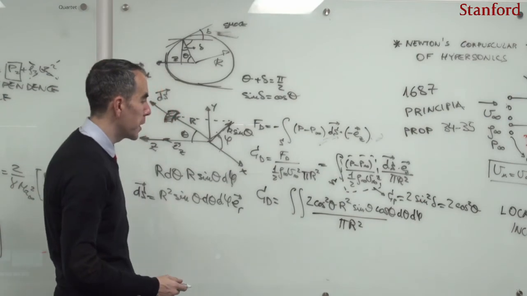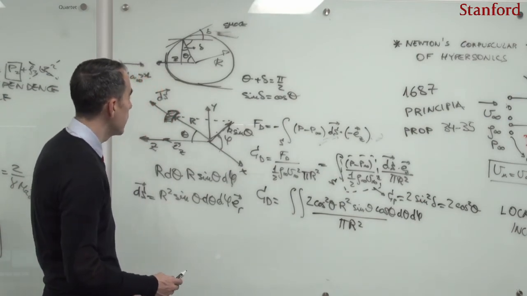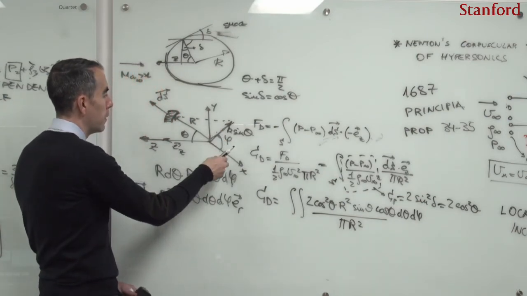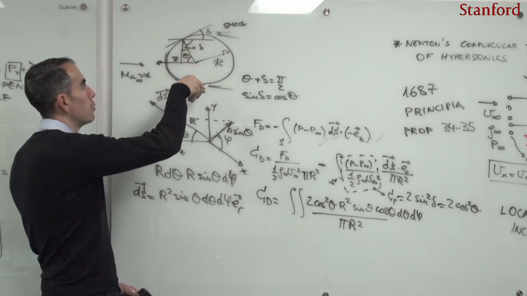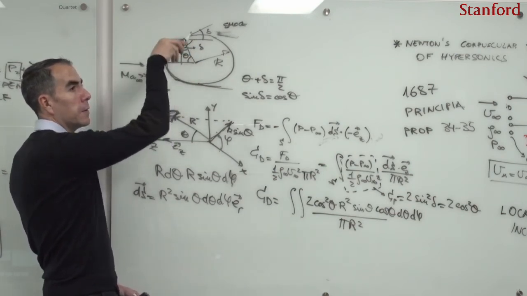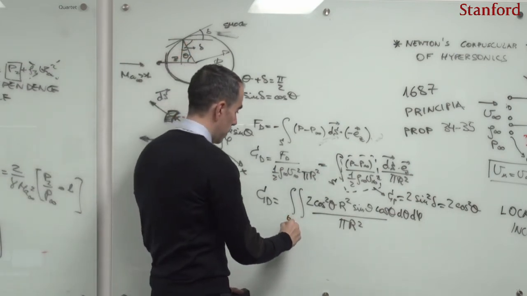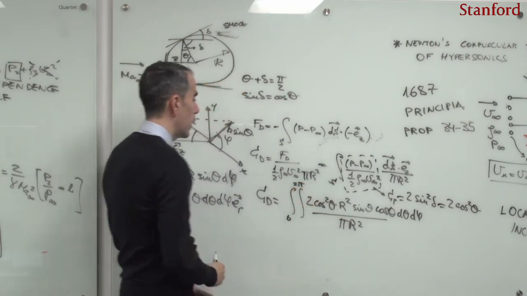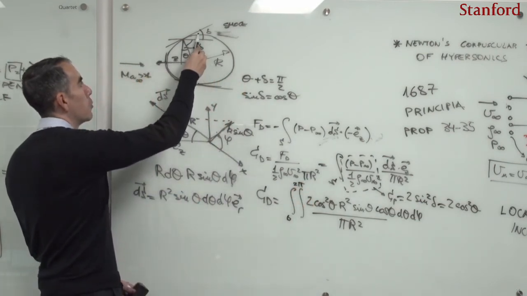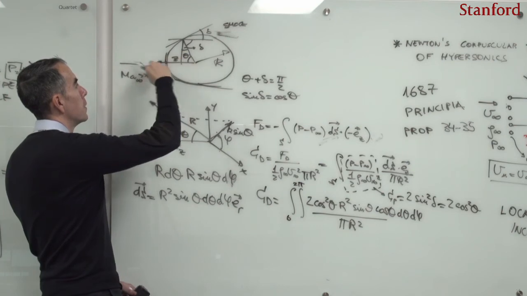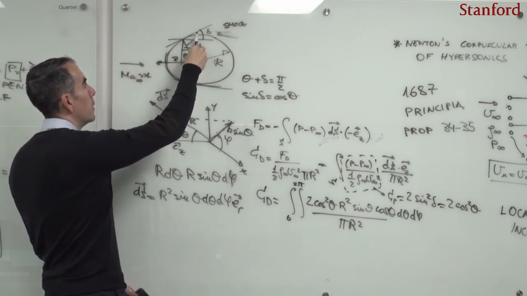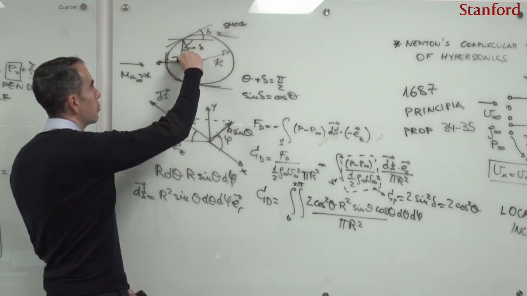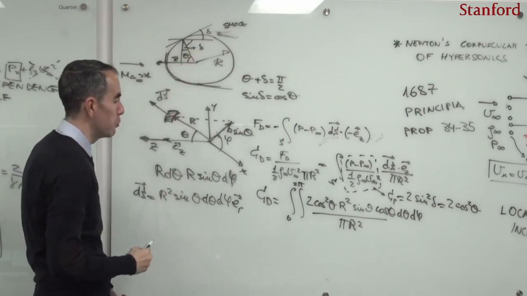The limits of integration of this integral, in the case of phi, which is a longitudinal angle, this phi is going to have to go from 0 to 2 pi. And in the case of theta, theta only goes along the region that is exposed to the flow. So that will be from, for instance, 0 to pi halves, or you could also do it from minus pi halves to pi halves.